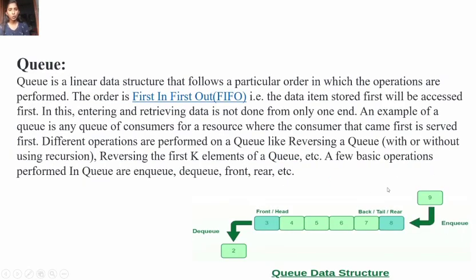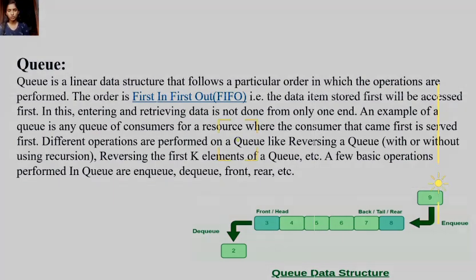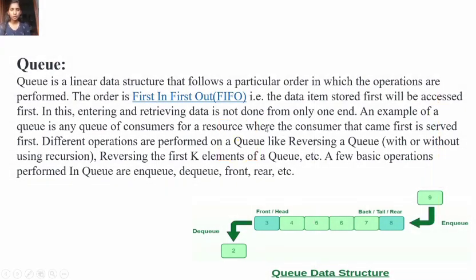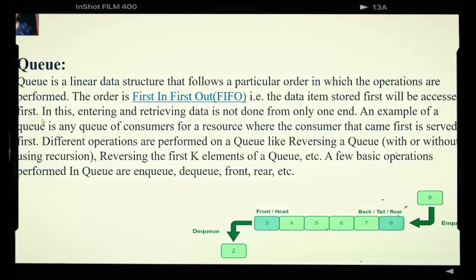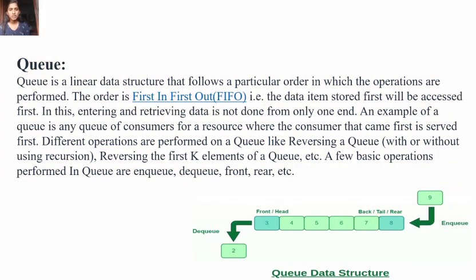Next we have queue. Queue is also a linear data structure that follows a particular order in which the operations are performed. The order is FIFO. This is first in, first out. The data element stored first will be accessed first. In this, entering and retrieving